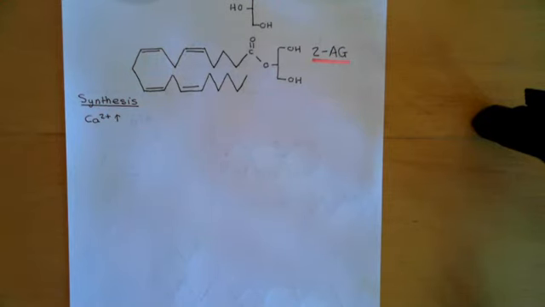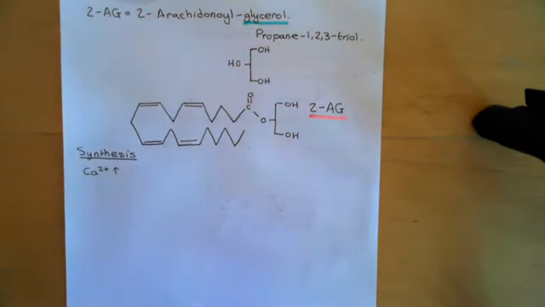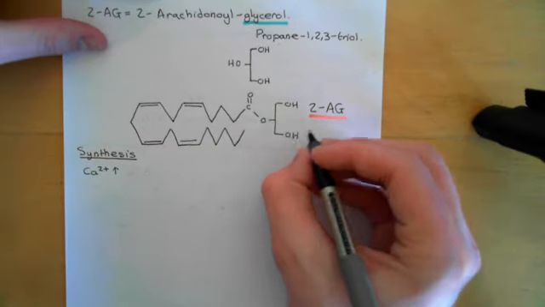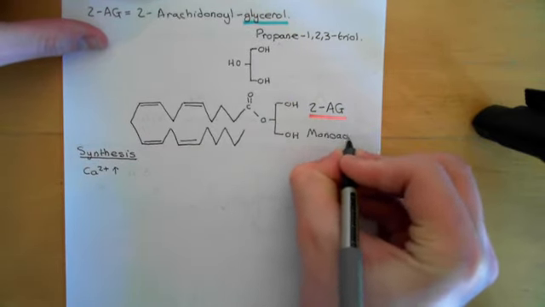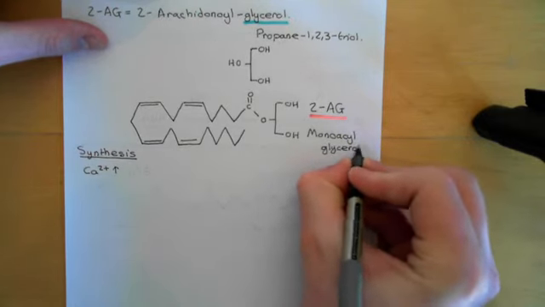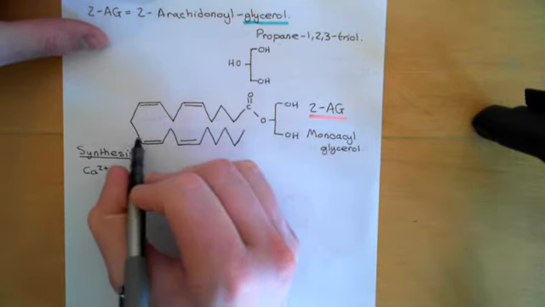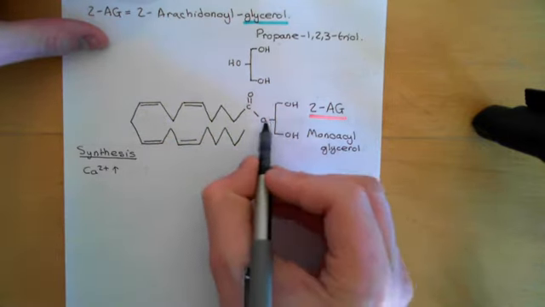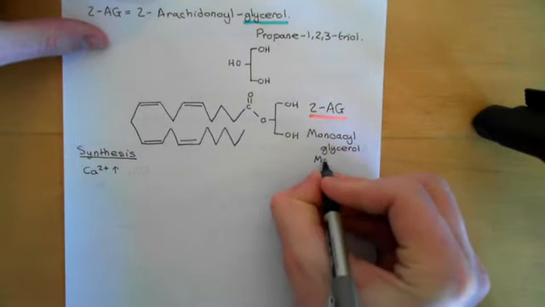The reason they have to be made on demand is, if we look at the structure of these things, they are incredibly lipidy molecules. I mean, look at this. I should have just drawn your attention to this actually. This is what we might call a monoacyl glycerol. It is a glycerol molecule with a single acyl group attached to it. Arachidonic acid is just a very special long-chain fatty acid, basically. And this is just a glycerol molecule with a single long-chain carboxylic acid attached. So it is a monoacyl glycerol.